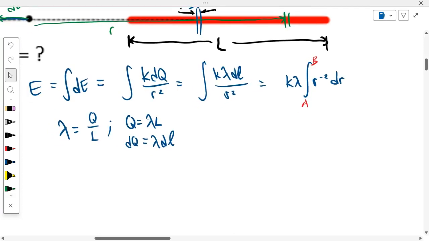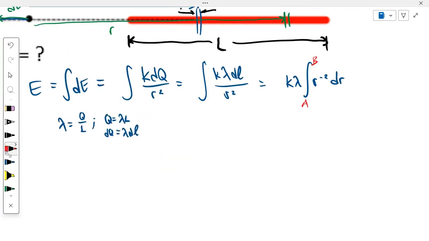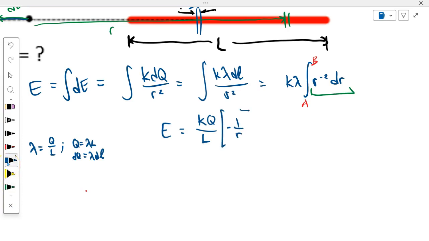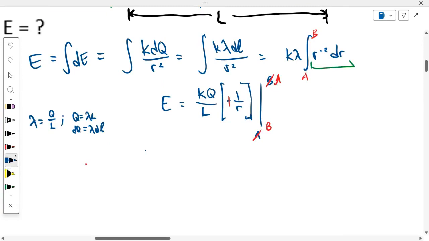So far, so good. Let's integrate, and we get E is K. Now, this lambda, I'm going to turn back into Q over L, and we integrate r to the negative 2 dr. That's going to give me negative r to the negative 1 from A to B. I prefer not to monkey around with negatives if I don't have to, so I will switch my bounds and switch the sign. E is KQ over